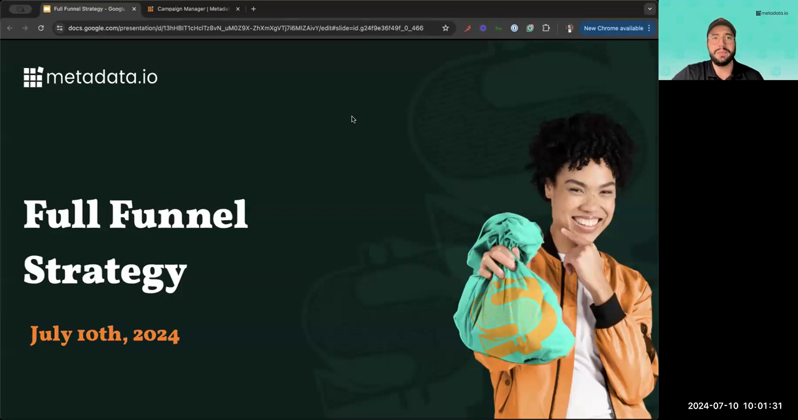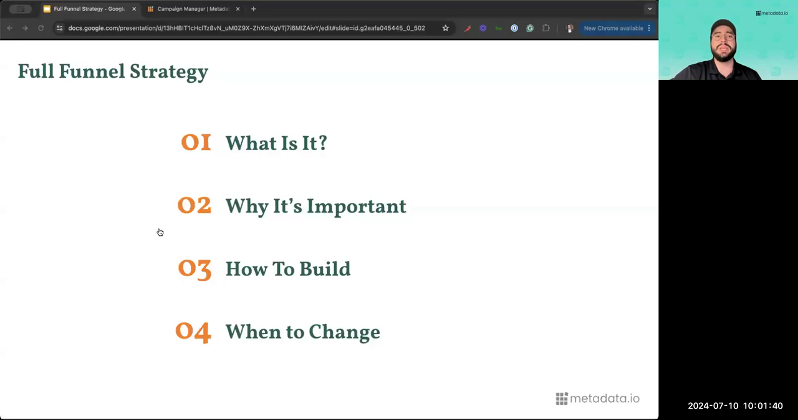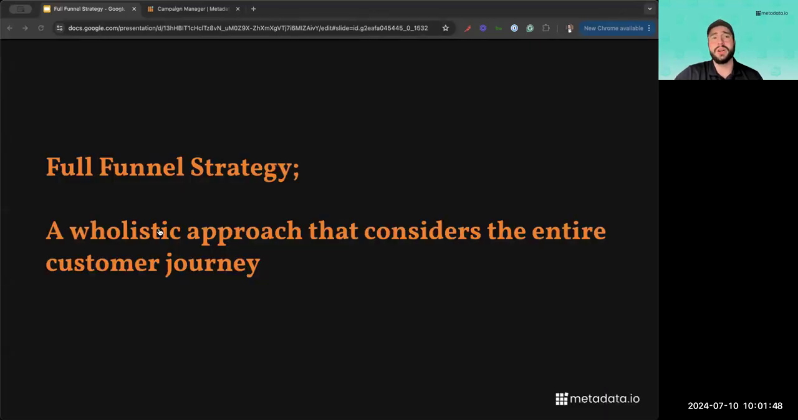This deck is going to consist of just a handful of slides. It'll be very conversational based. Within that, it'll be covering what is important, how to build one, when to change one, and really just the textbook definition. And so starting with that, the textbook definition is a holistic approach that considers the entire customer